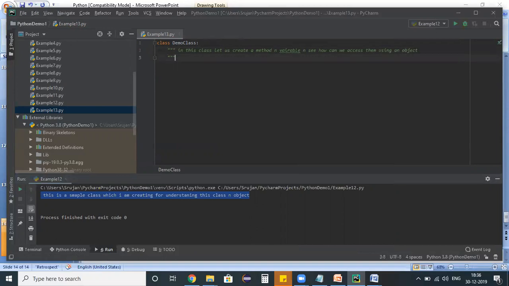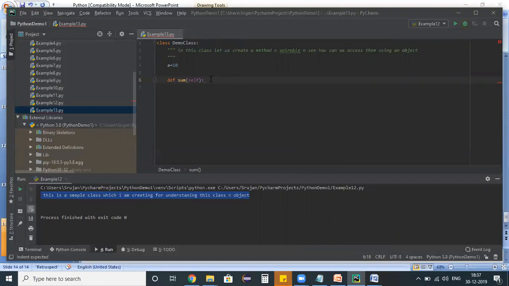Okay, I have defined this. The ultimate objective is that I have to define a variable, num is equal to 10. So I have defined a variable num with a value of 10. Then def sum. And see here, whenever I type sum, self automatically comes in the braces.